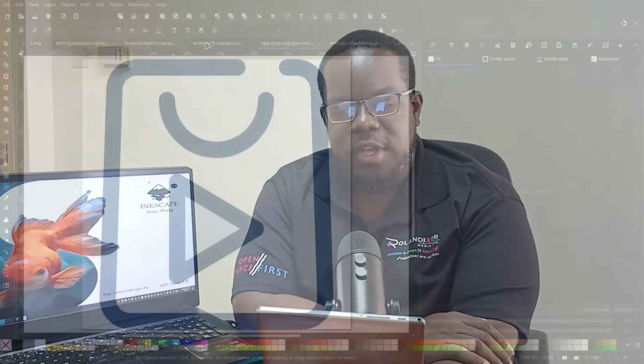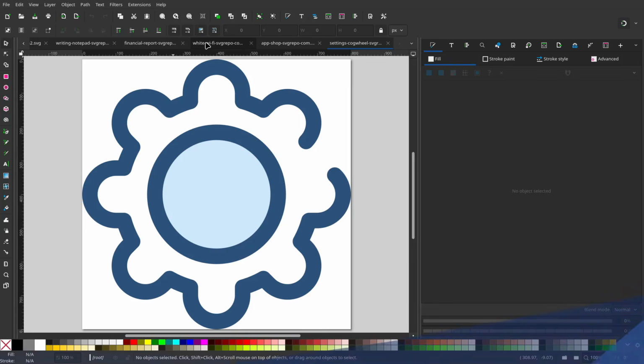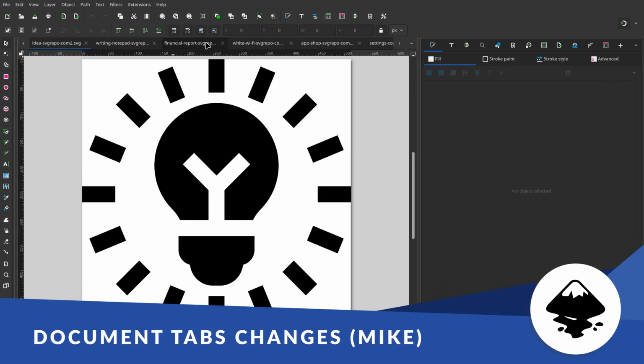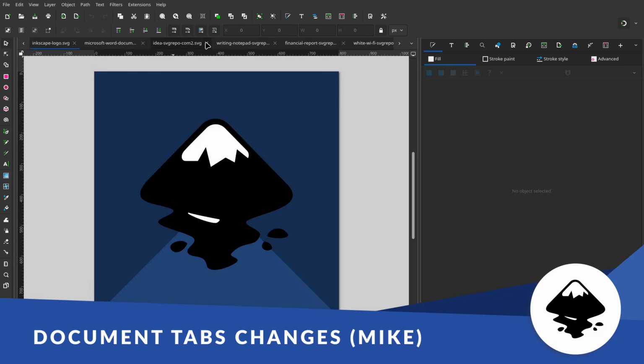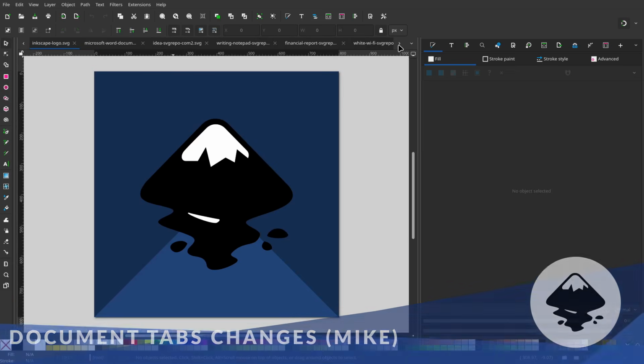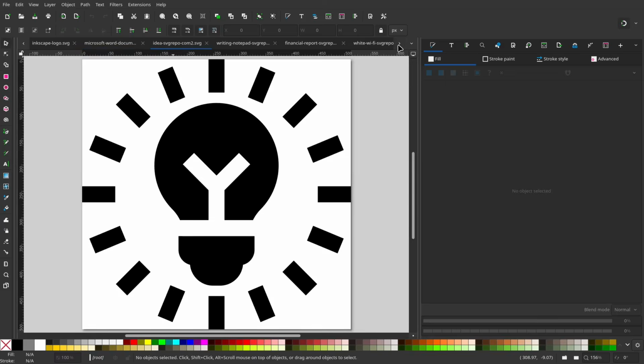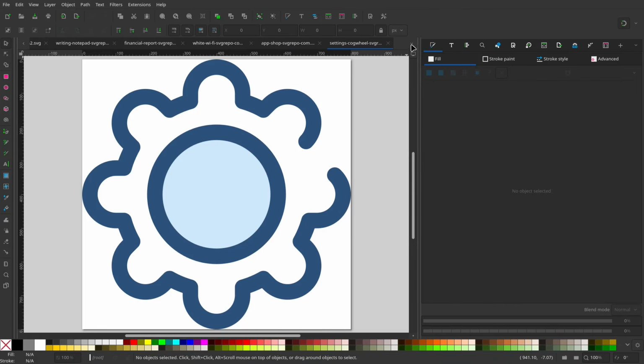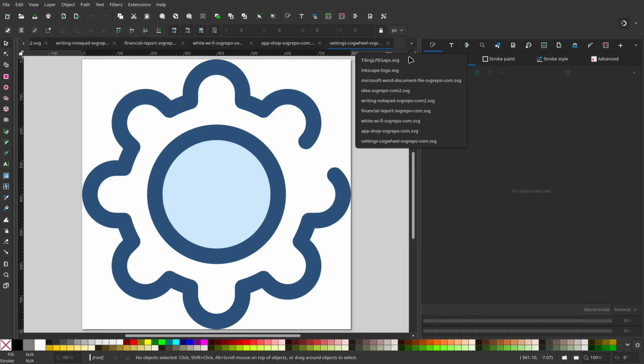Since the last update, we've successfully landed the full UI and UX for document tab changes. Document tabs can now scroll using the mouse wheel, and scrolling now switches the active document correctly instead of only moving through the tab bar. Left and right navigation buttons have also been added,